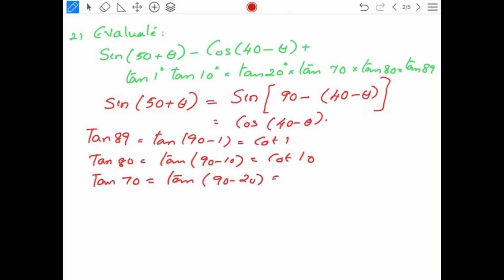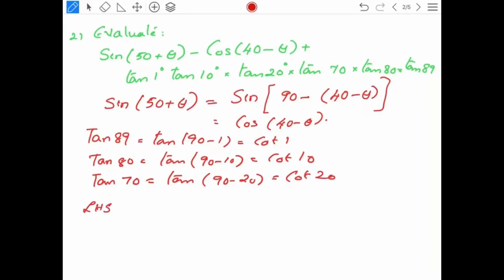You have to identify which are the complementary angles. That is, you have to see which are the angles which make 90 degrees, where the sum of the two angles is 90. And then accordingly you have to convert this. So it's better to write down separately like this and then substitute in the expression. Then you will not make any mistakes. Otherwise you have to keep on repeating the same and you will end up making mistakes.